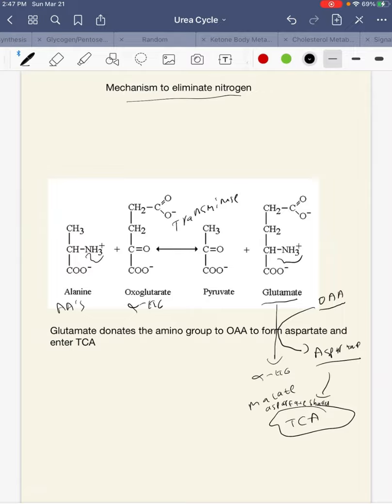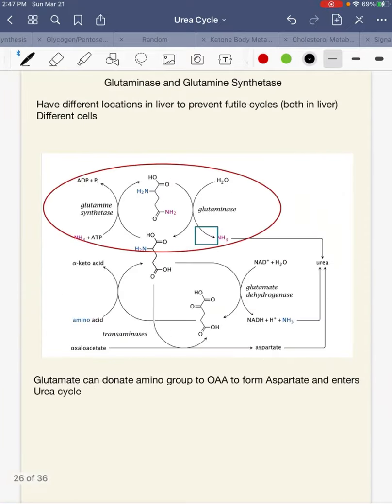And in that process, we'll be able to get rid of our nitrogen group. Okay? So we can run this direction, and then we can also take glutamate and oxaloacetate, make aspartate, and aspartate can then go into mitochondria for TCA. Okay. Let's talk about